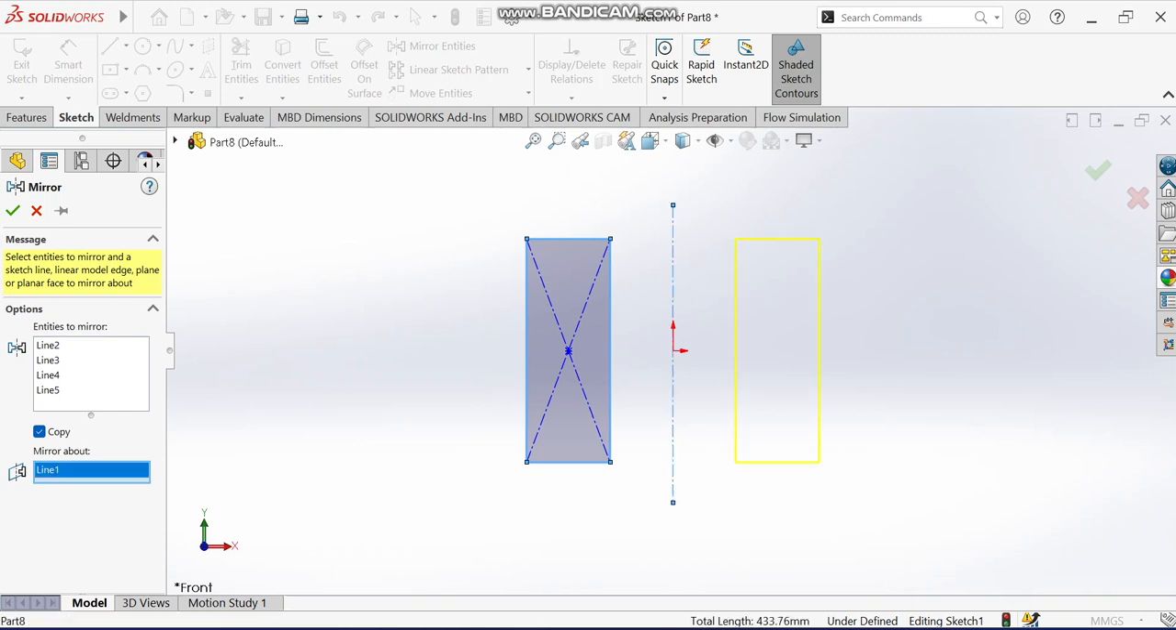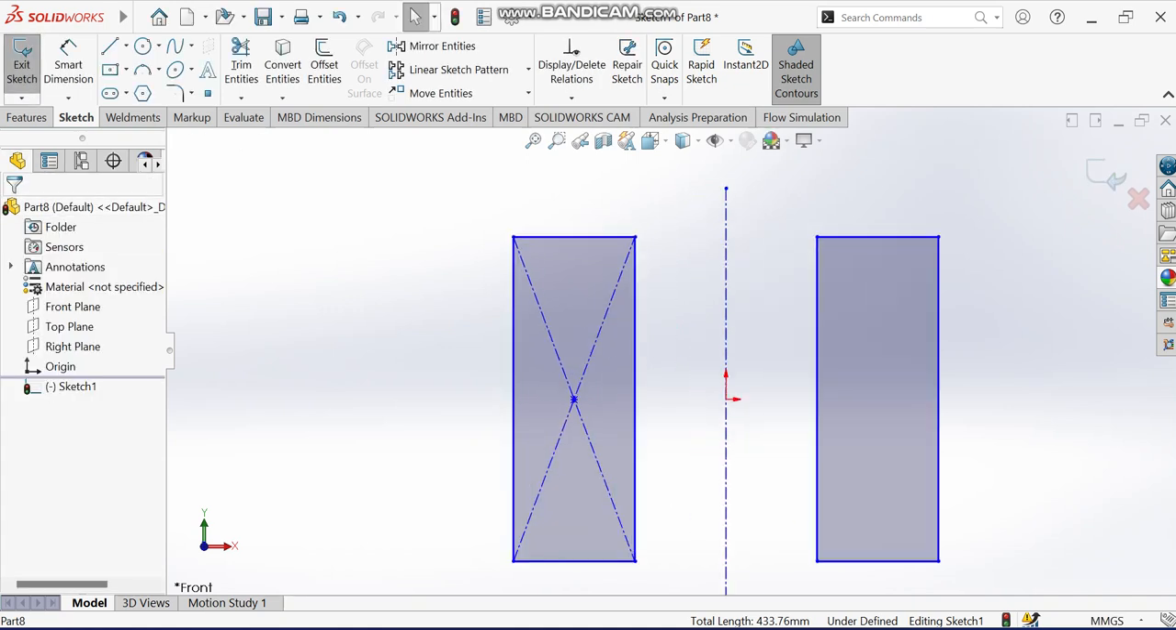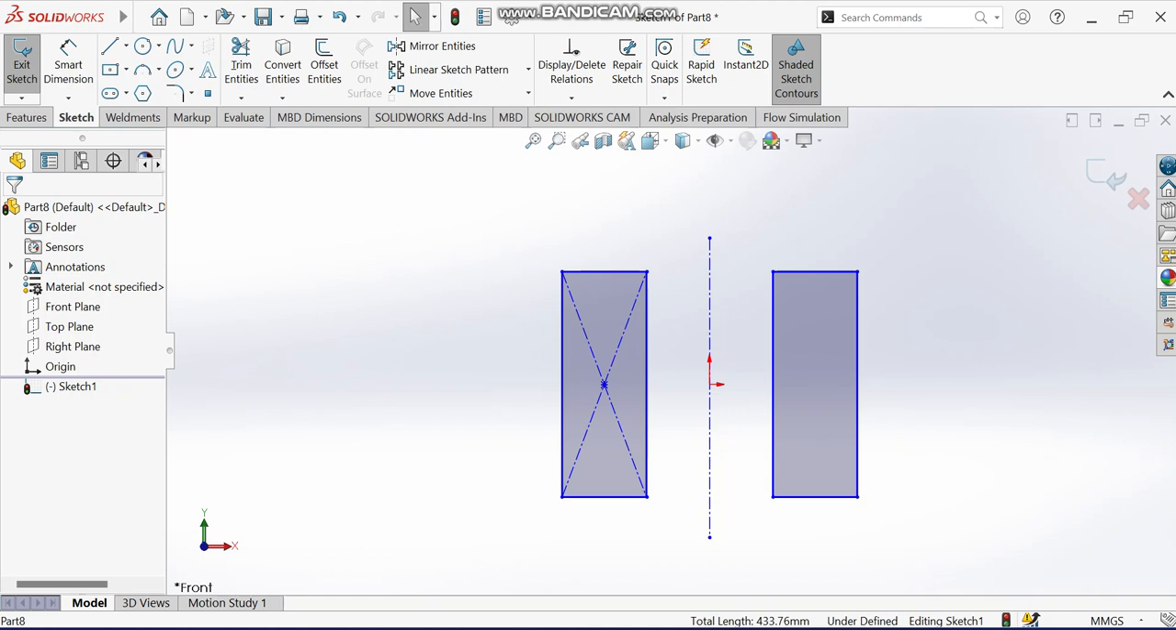So I click on it and I have this. This is my initial sketch and this is my mirror. Hope you guys understand the difference. The mirror entities, my mirror about, which is this construction line here, and this is what I mirrored from